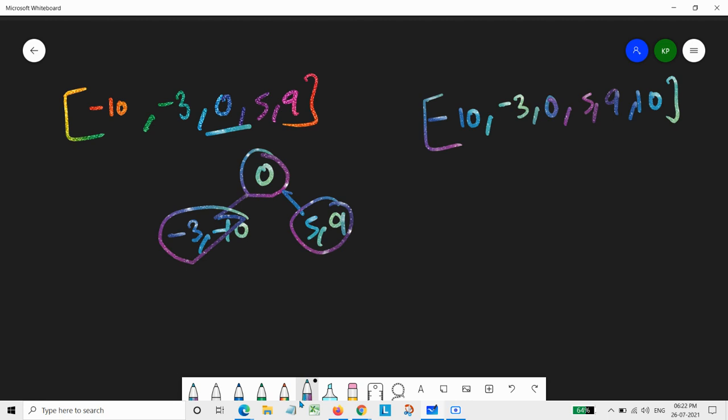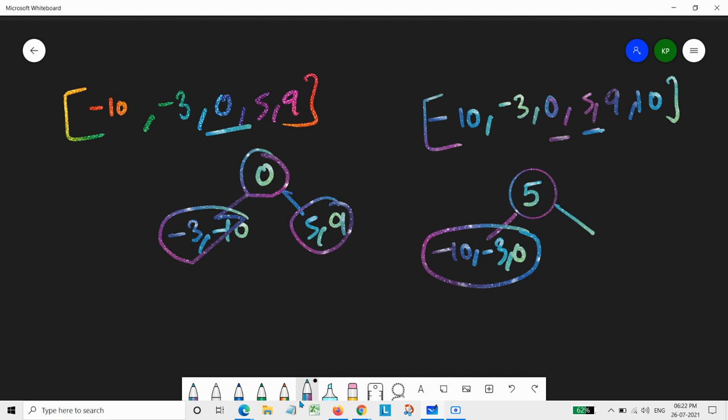For choosing the middle, we will choose the middle which is towards the right rather than towards the left. Basically, we won't choose the middle as 0, we will choose the middle as 5. So now the root of our binary search tree would be 5, and we would have -10, -3 and 0 as our left subtree and 9 and 10 as our right subtree.